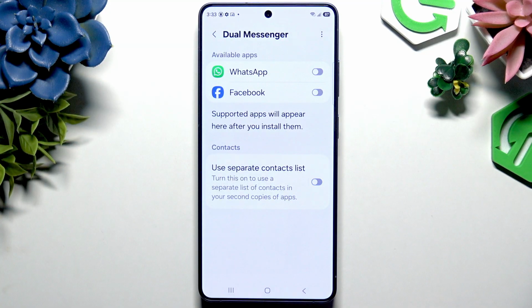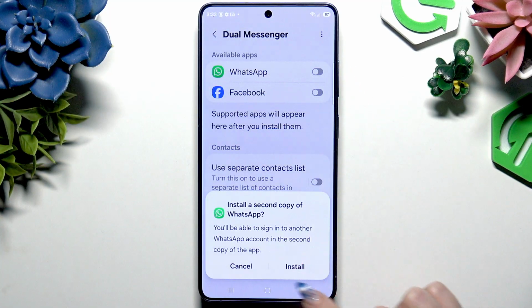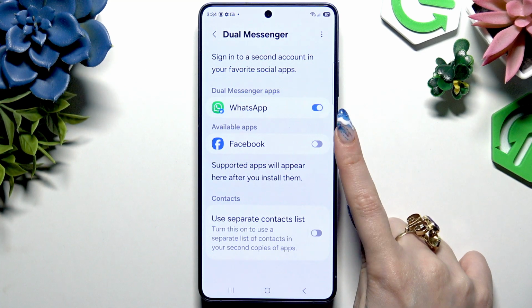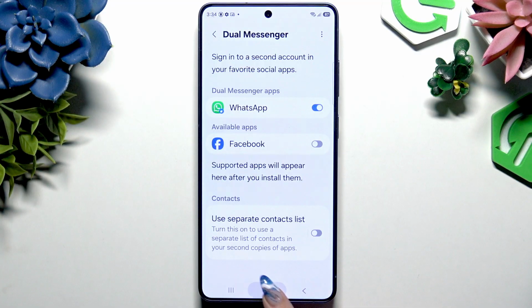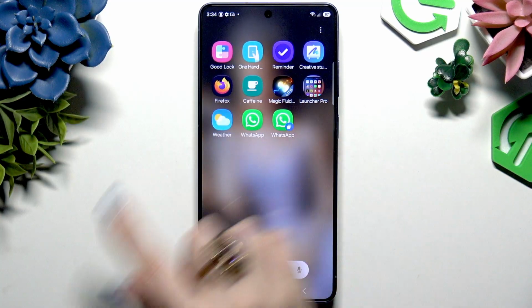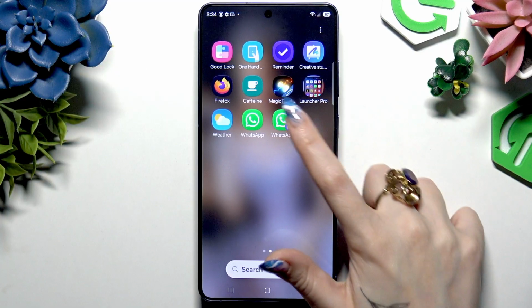Now, to clone one of your apps, after tapping on the gray switcher, select Install in this pop-up at the bottom right corner. Then wait, and when you see this switcher turned blue, go back to check out that your app was successfully cloned. Now, if you ever wanna delete any clone, you can do that like you would any